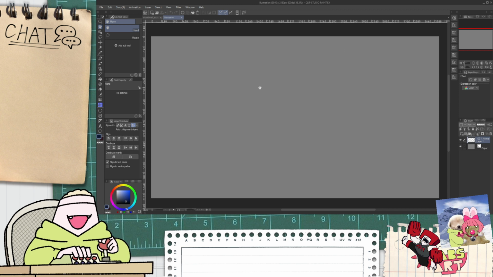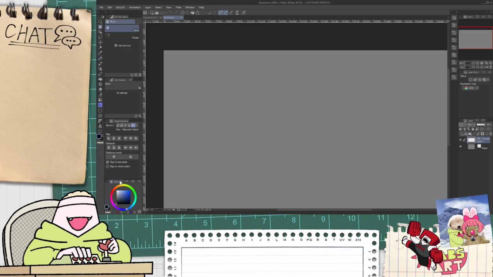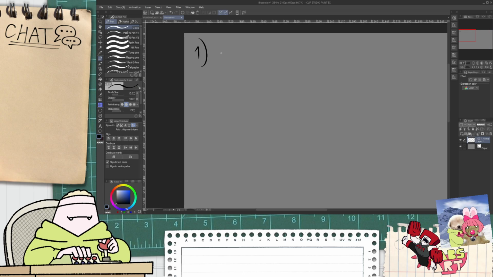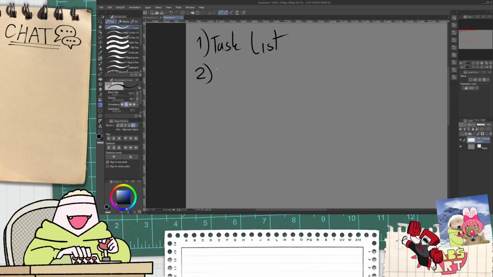Okay, so the main things that I've seen, you know what? I think we could probably just write these down. Okay, so thing one is a task list. Thing two is user task lists or viewer chat and task lists. Another thing that I've seen is that they usually have a music player, or they show what song is being played in the BGM.